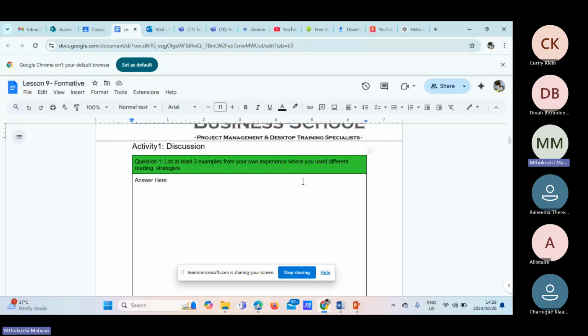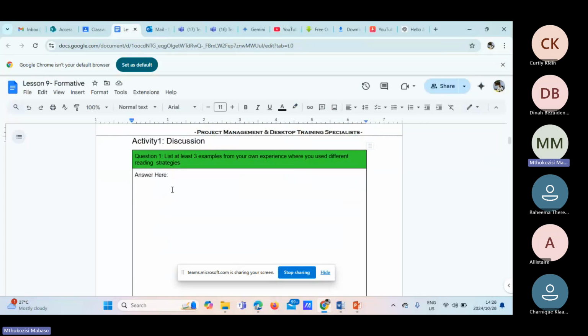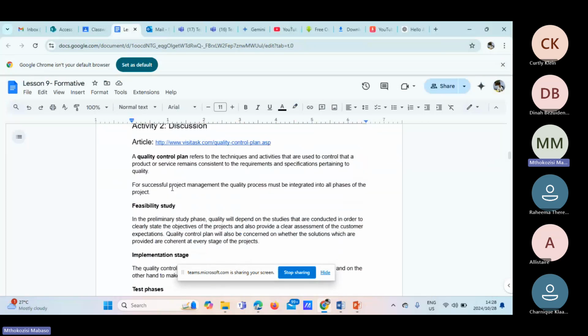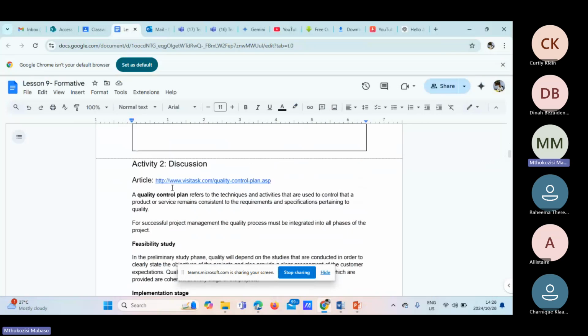So activity 1, discussions, question number 1 says, list at least 3 examples from your own experience where you used different reading strategies. Okay, so that's a simple one as well. No need to dive too much into that. You can say skimming, scanning, summarizing, whatever the case may be. Just 3 examples, okay. And then for activity 2, it's a discussion. So activity 2 says,